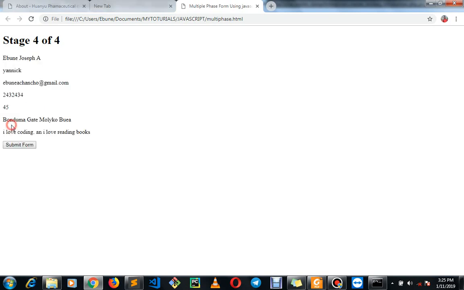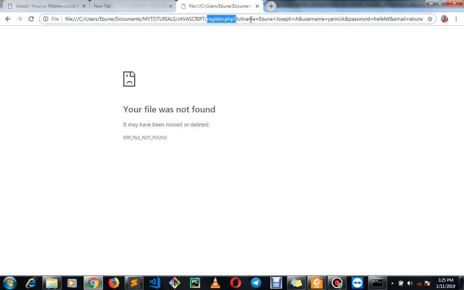And if I click on next, wow, it gives me my name, my username, email, number, age, address, and the message. Now if I click on this information, the form is being submitted to our register.php